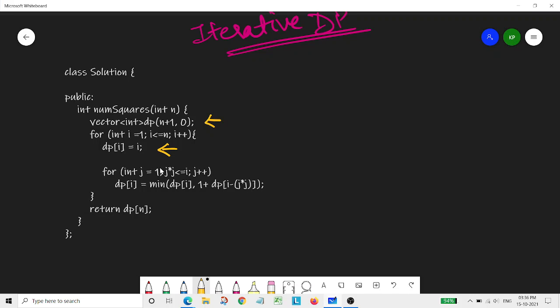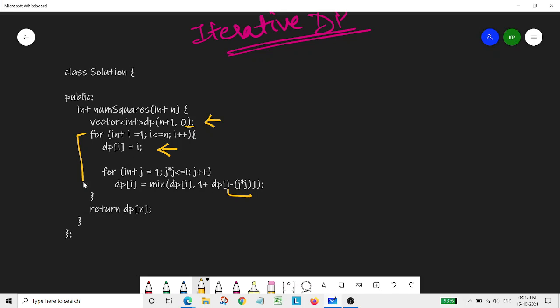At this moment, when we take this particular position, what is the minimum count we could have for making that particular number, the one which is given as the input to us?